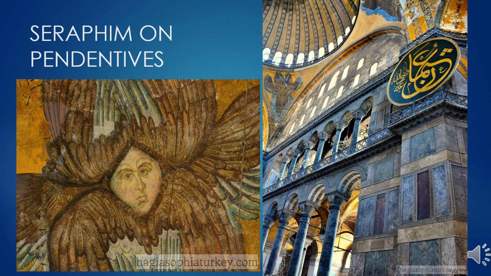Here's a detail of the seraphim, those fiery angels that have 6 wings that are helping support the dome visually. And then also notice the Islamic calligraphy in these medallions. So this is what I mean by the fact that it's an unusual building, because there's iconography both from Christian belief systems and also the Islamic belief systems in one building, which is quite unique.